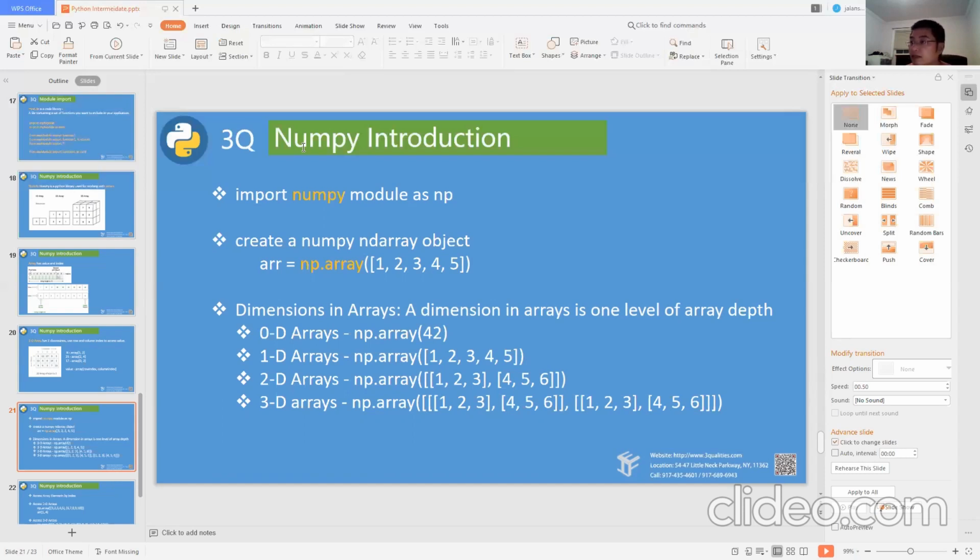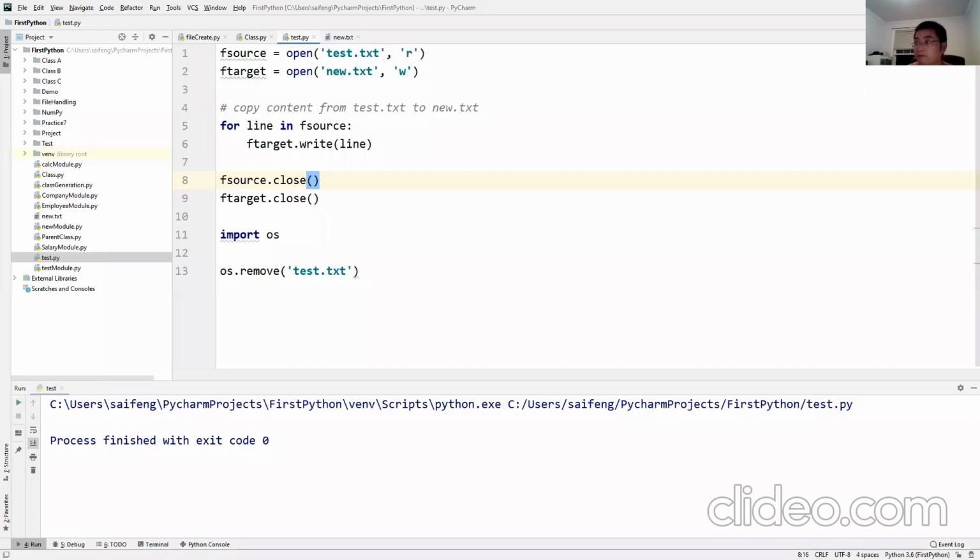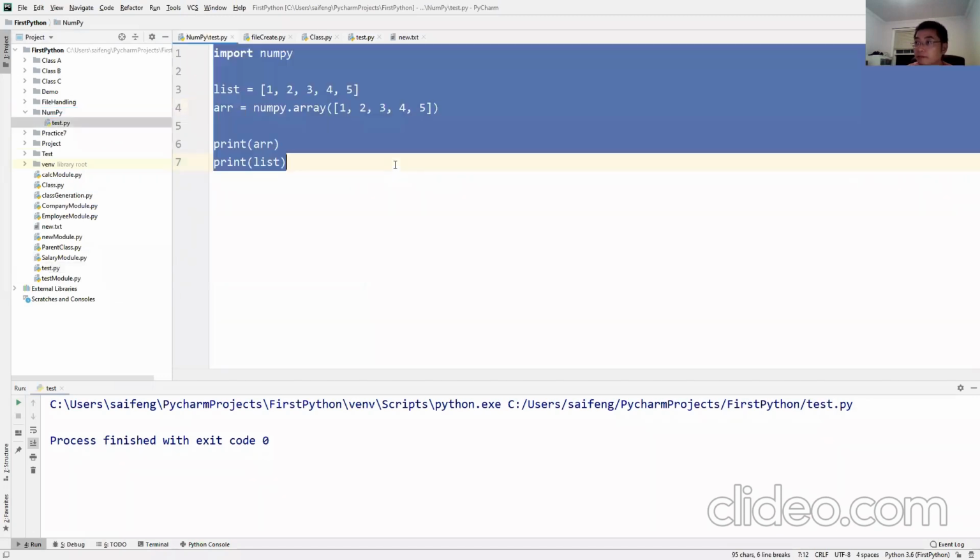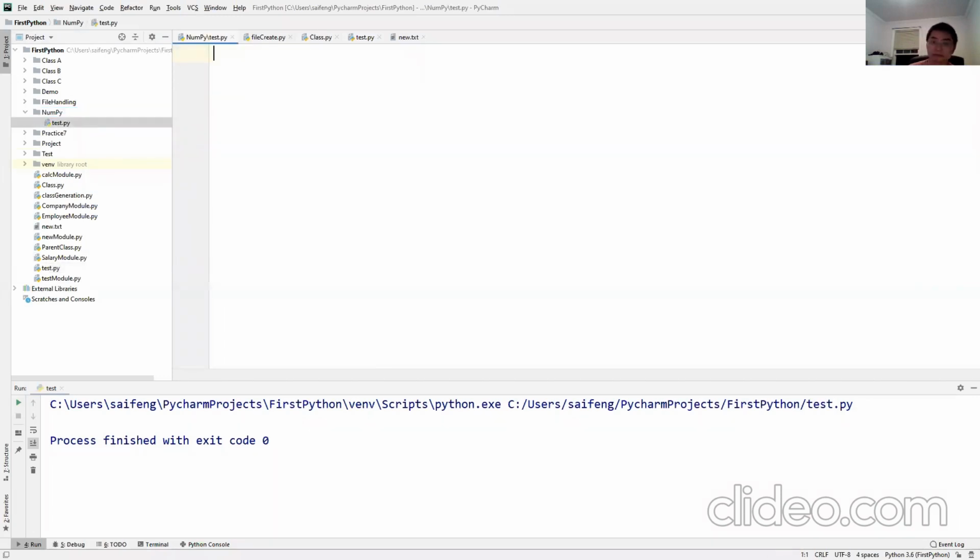Now let's take a look at this NumPy module, and see how it can make our life easy when we manipulate array. First of all, we need to import NumPy module as np. Again, NumPy is a module.